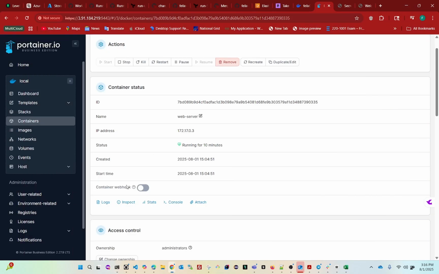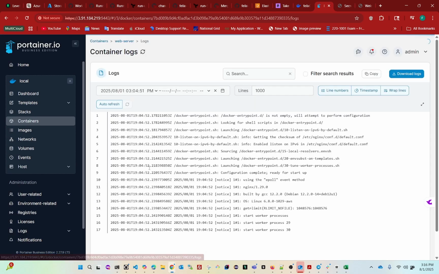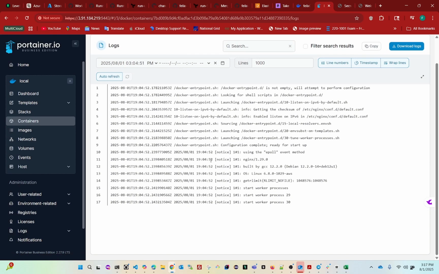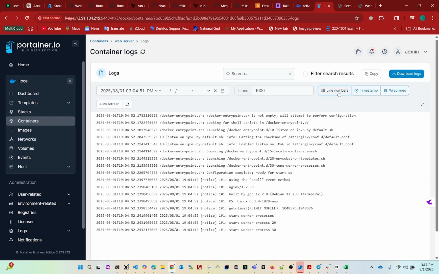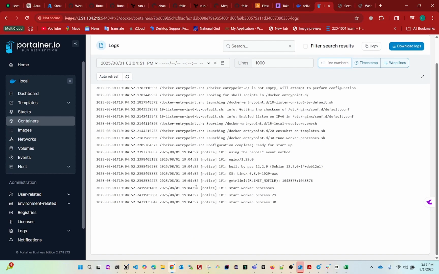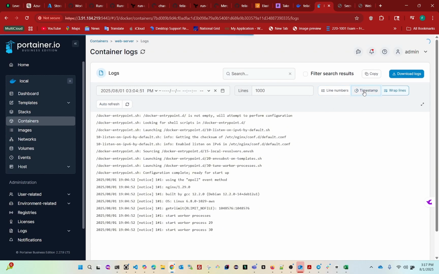And so if I go back here now, if you go straight down here, you are going to see logs. You can interact with your container. You can see the logs. So I'm going to click on logs. And here it's going to show me all the logs that are currently running in my container. I can auto refresh it. I can check what is going on. I can click on number of lines where I can see all what is currently happening on my container. If I want it to come with time, I will click on timestamp. It's going to show all the times